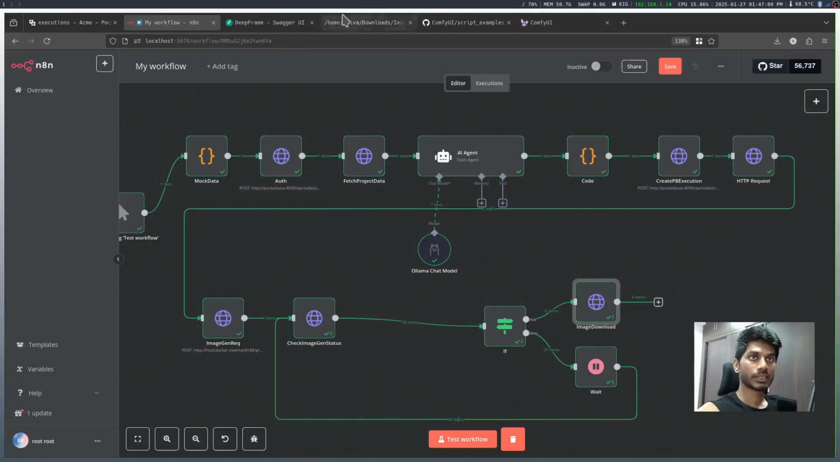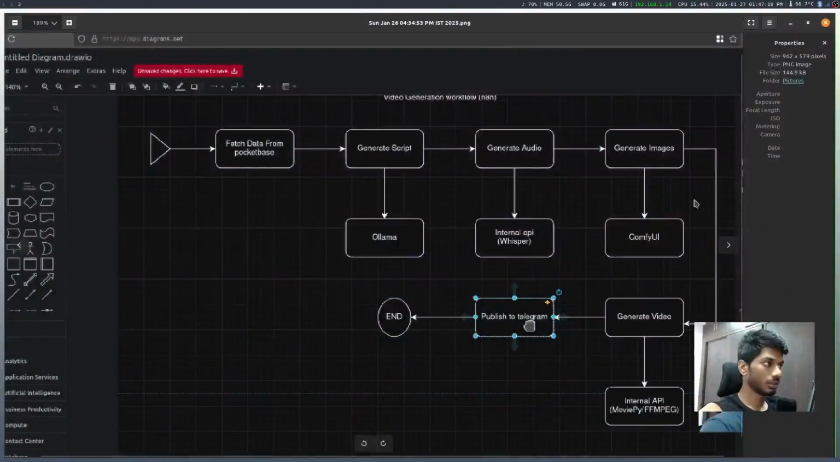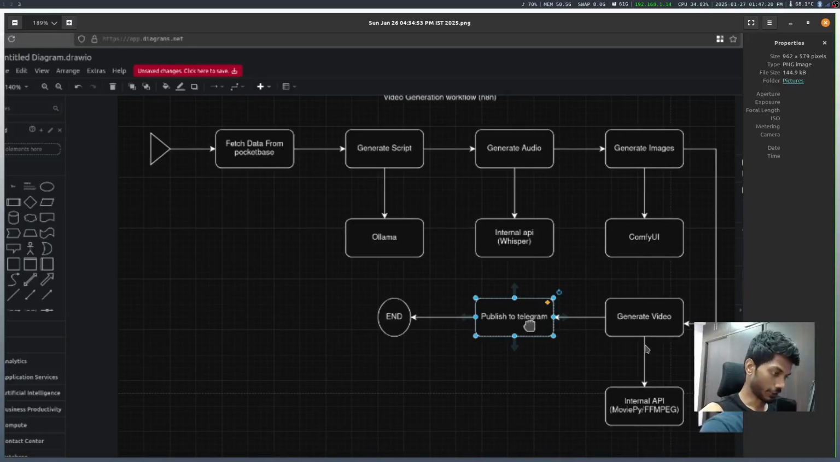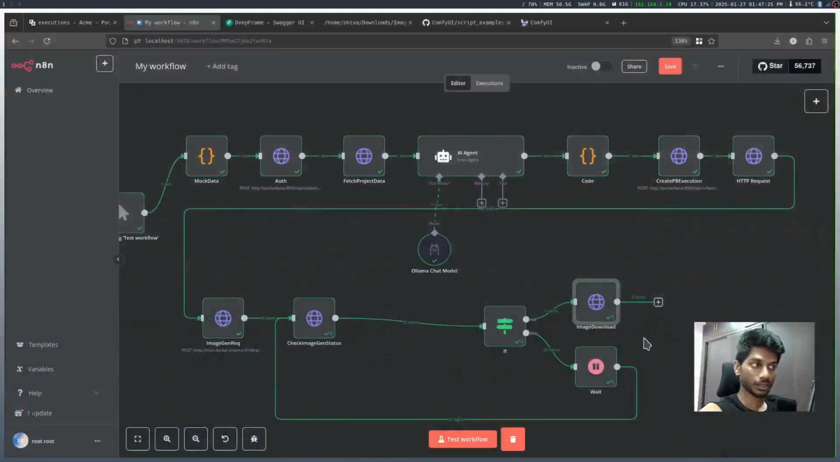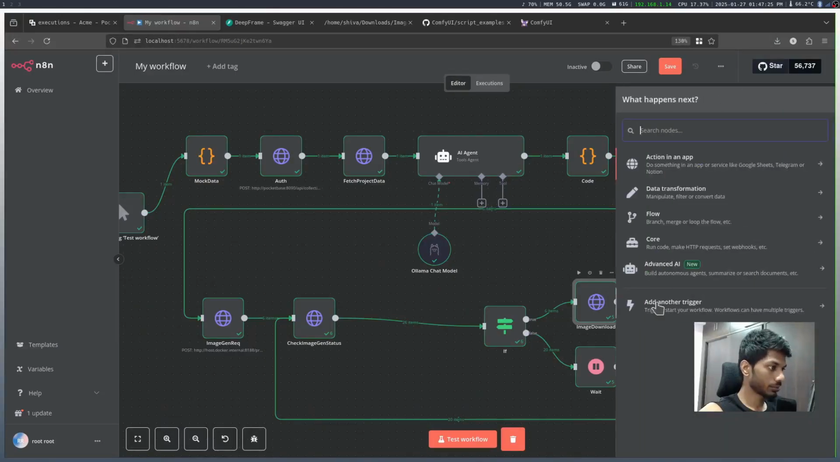Yes. So the next step is to actually save this back into our DB and then create a video out of it. So generate images is done. Next is the generation of video. For generating the video, we have to save these images into our DB, and then our backend can actually pull these images and generate the video. Right. So let's make